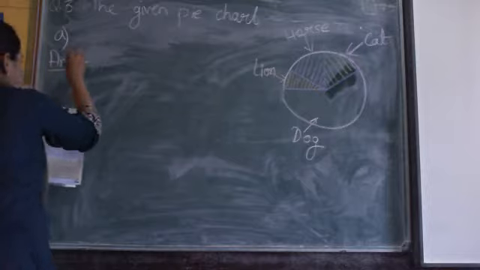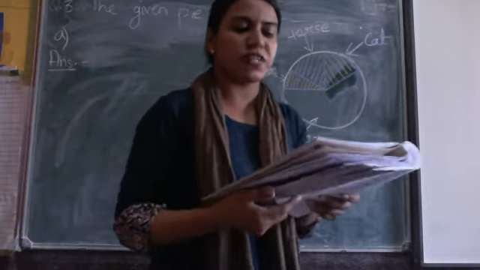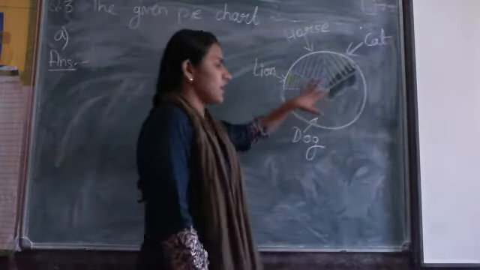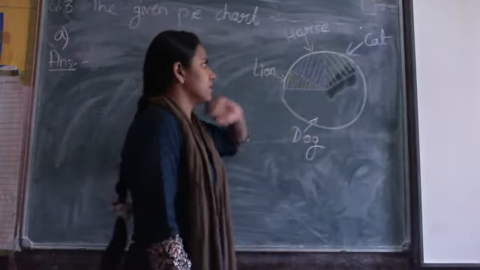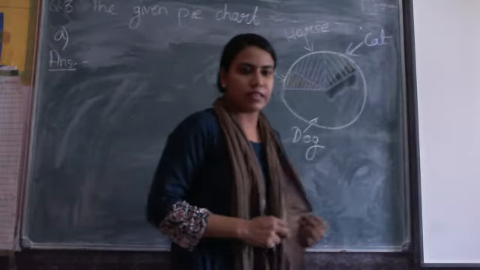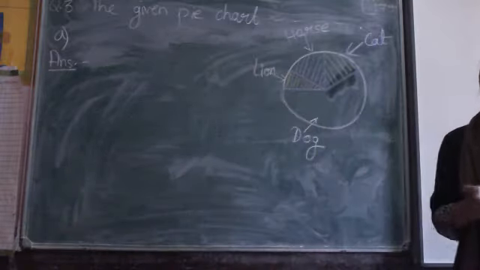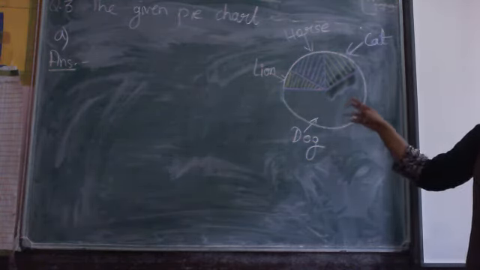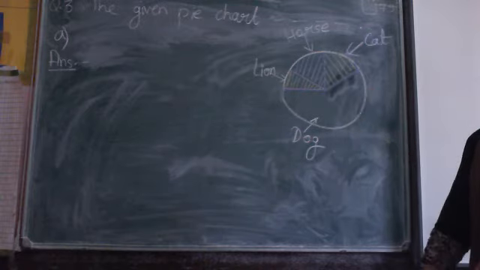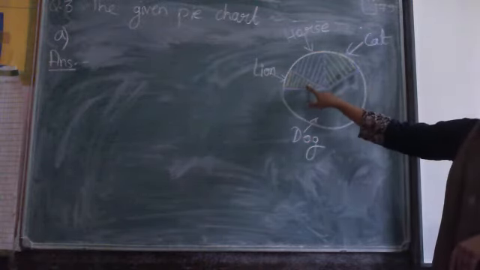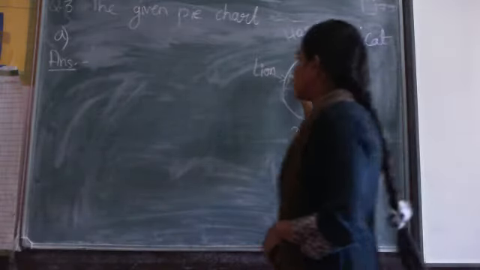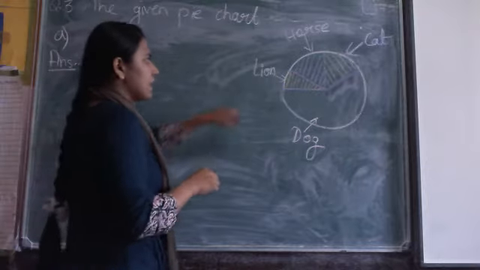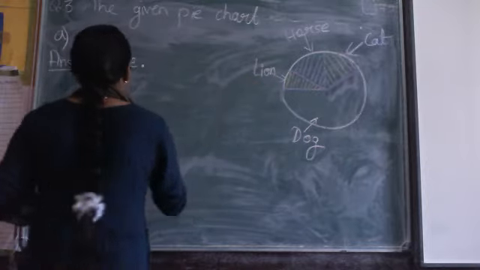Now I am reading question number 8. I will just write the answer. Question number 8. The least number of children like lion. Tell me. Observe this pie chart and answer. Least means सबसे कम. The least number of children like the lion animal. Is it true or false? Yes, it is true. Why? Because through the pie chart we observe that the least number of children are liking lion.